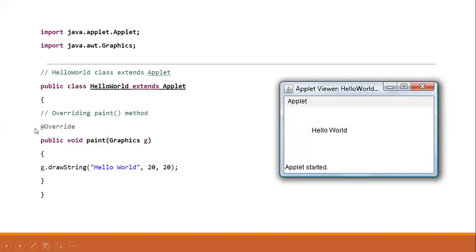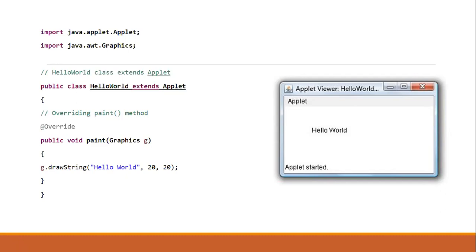So check it out. I'm overriding only the paint method. So public void paint(Graphics g) and g.drawString. This drawString method is analogous to your System.out.println, like your printf method. If you want to print anything inside the applet, you have to use the drawString method to put any textual message.